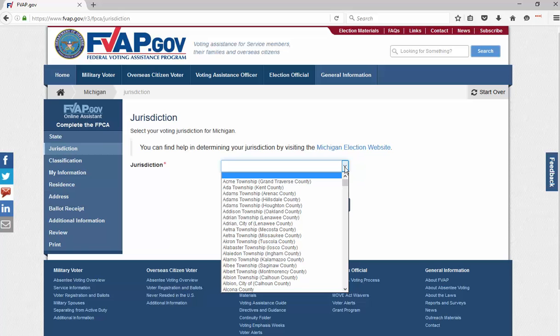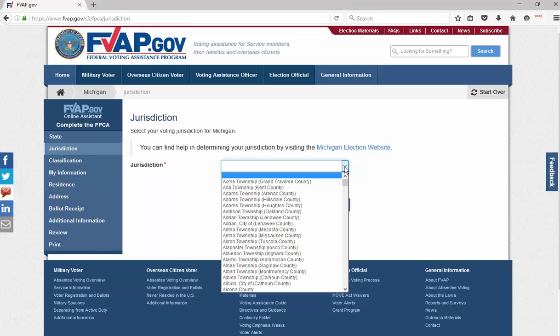I have no property there. The last place I lived was an apartment, but I don't live there anymore. And they said that is fine. Just use that last address that you lived in to fill out the form,